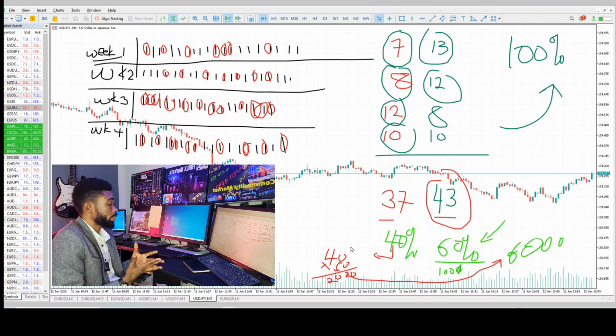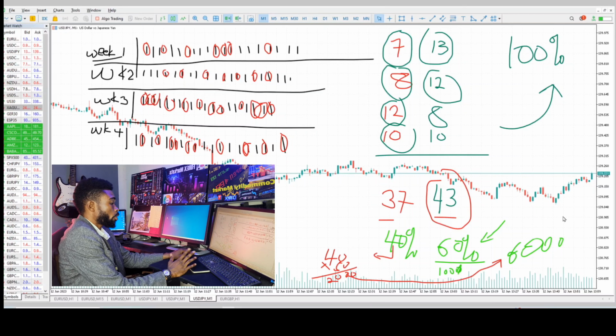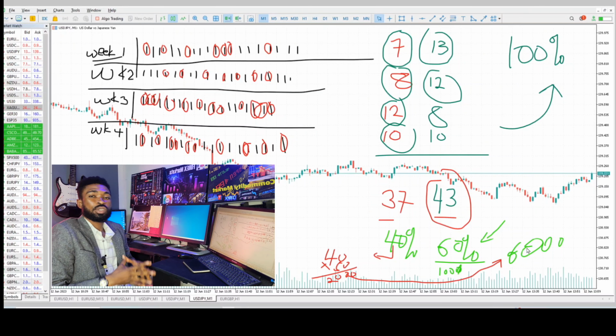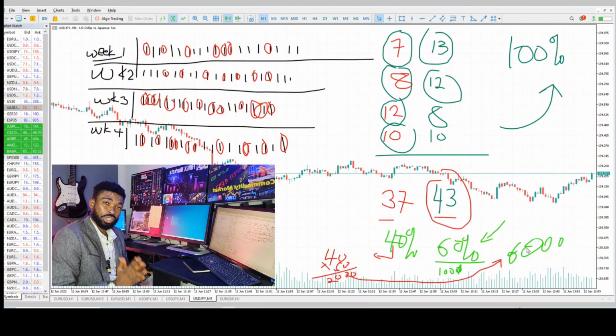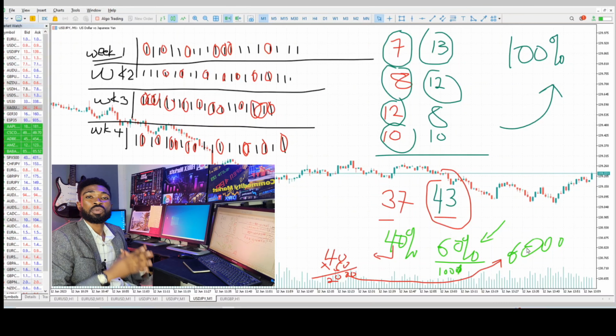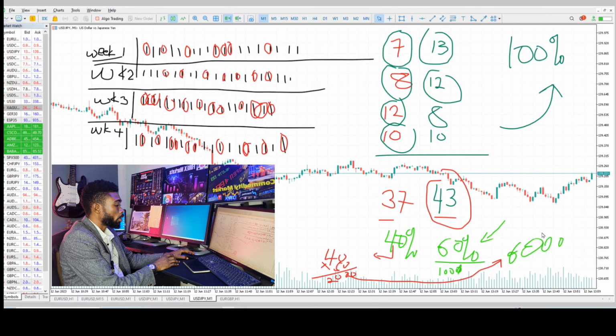Definitely, you're going to become profitable, right? Yes, if the calculation is right, you're going to become profitable. So this is your win rate. If you have a 60% win rate with a risk reward of 1 to 2, you're going to become profitable. But if you have a 60% win rate with a risk reward of 1 to 1, can it still become profitable? Yes. Because if it's 1 to 1, you're still going to become profitable because the 60 is still higher